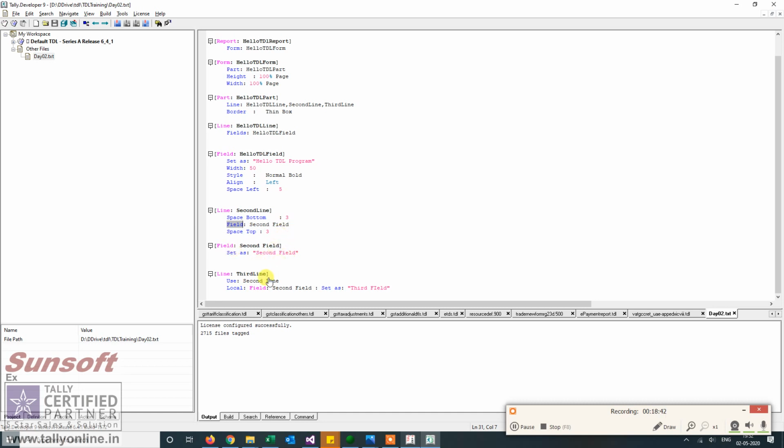Whenever we say use, it inherits or copies the entire properties of the object and puts them into the new object. So I have defined a new third line, and when I say use second line, all the properties of the second line are copied into the third line.